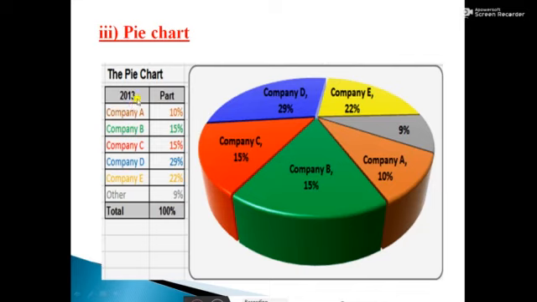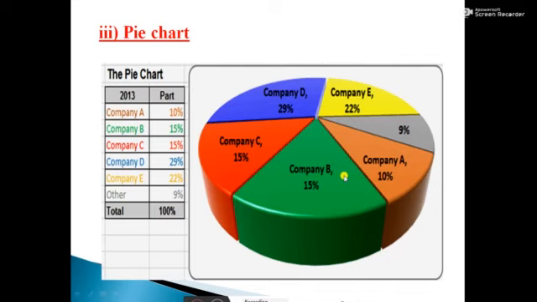For example, consider this, a table is given, then year, under the year the company names are given, and then part. In the part column some values are given in percentage format. So these data series, these values are represented in this pie chart, a circle shaped chart that divides itself into various portions to show the quantitative values.